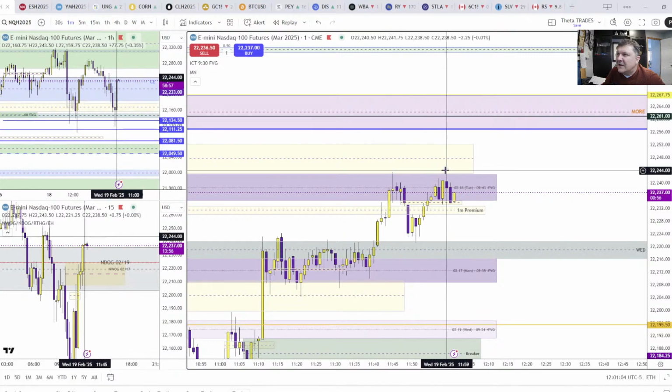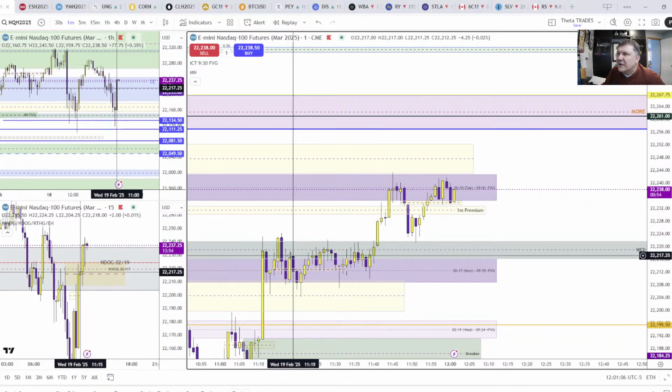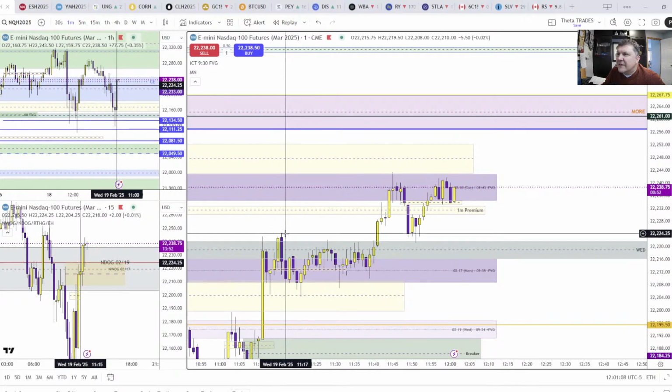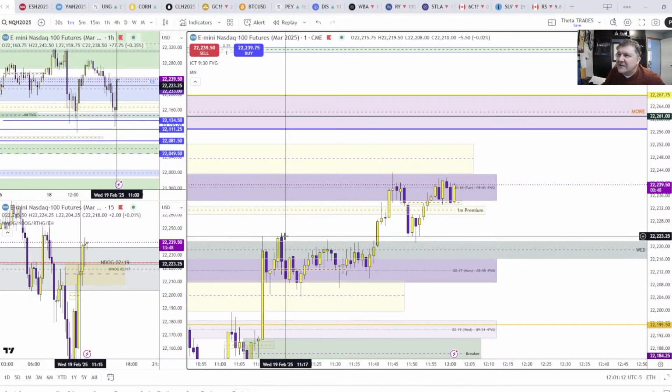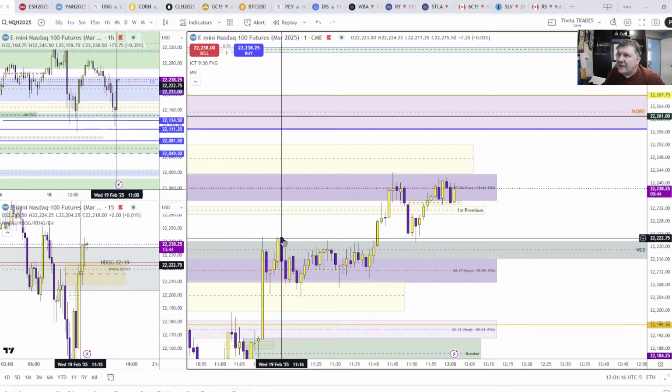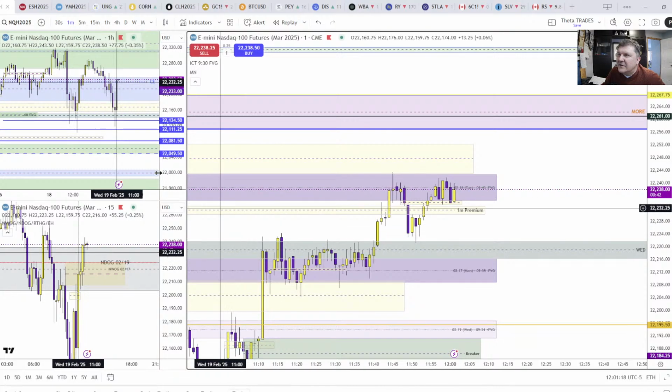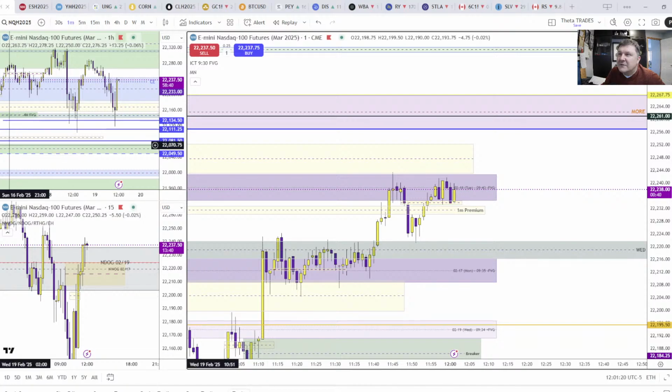Continuation, take out the high. That can be from the high to the open or close. The highest body candle, that's a Cam model wick to the body. And then a Cam 2 is your